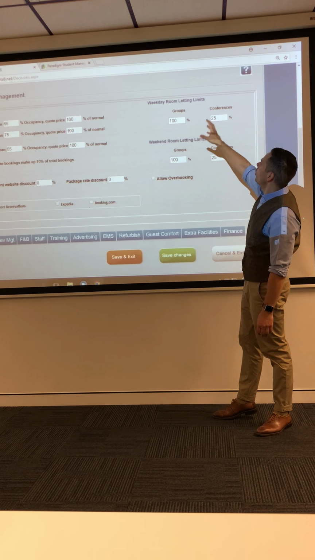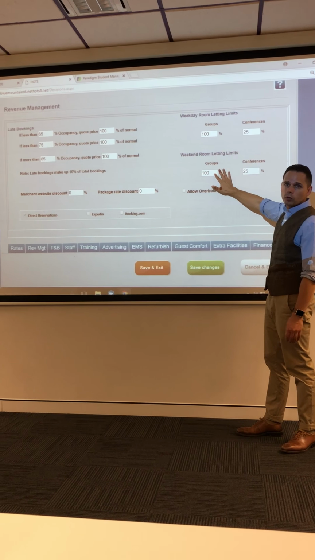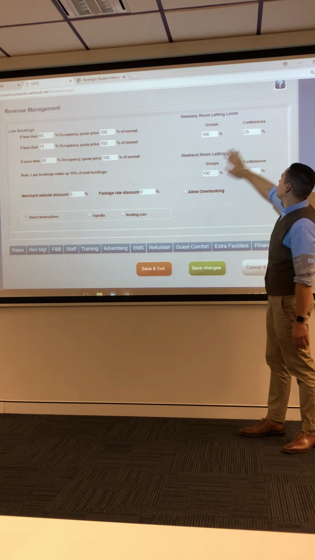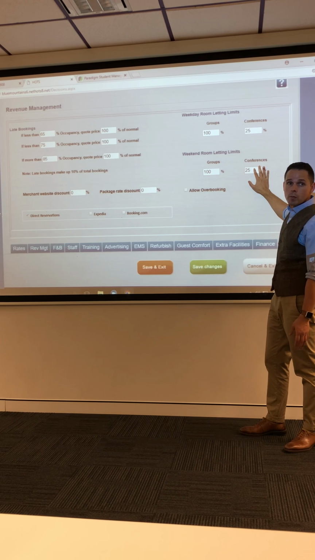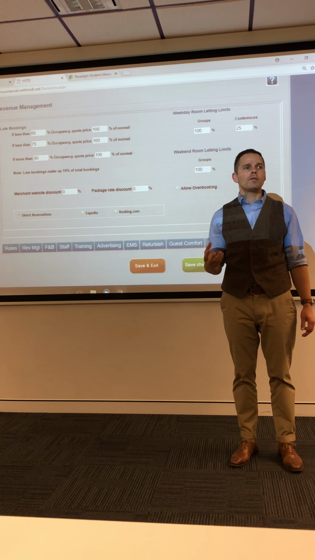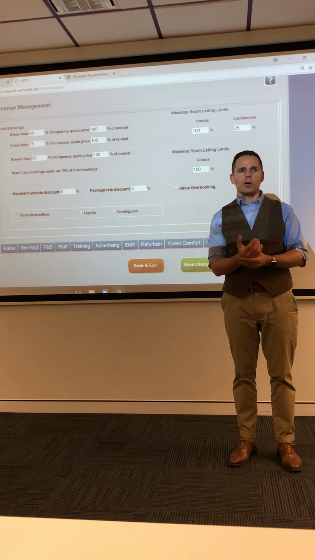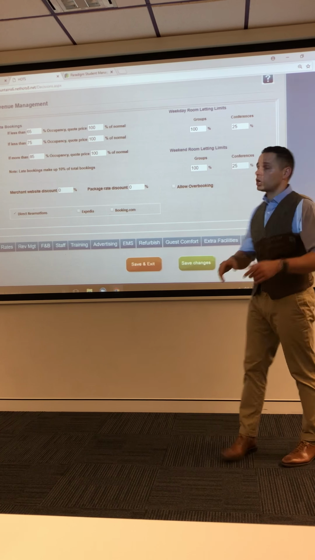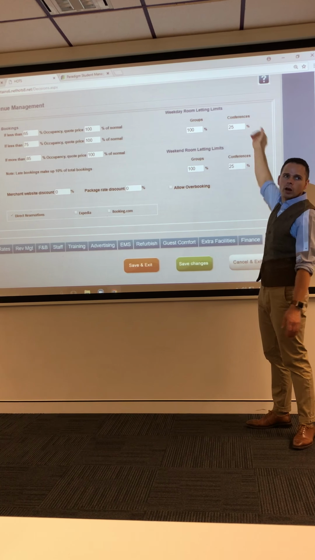Then you've got your letting limits. So this is how much occupancy you make available to these types of bookings. You don't have a conference centre yet, so this doesn't affect you at the moment. But if you add one, you might want to say, well, because we don't make as much money from conference bookings, we only want a certain percentage of our occupancy to go to conference bookings. So initially, until your occupancy is high, I would do what they've done here and just have it at 100%